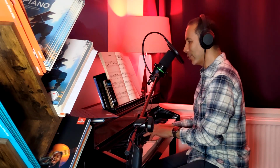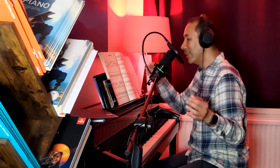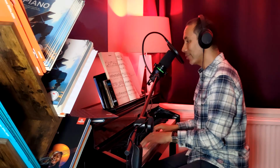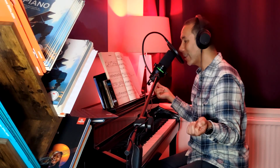But if I do it in groups of 3, 1, 2, 3, 1, 2, 3, 1, 2, 3, 1, 2, 3, 1, 2. So you can see that I am actually doing it hands together. So it isn't that one hand just has a constant stream of semiquavers or 16th notes, but every time I count 1, 2, 3, 1, 2, 3, 1, 2, 3, 1, 2, every single new note, there is a new semiquaver or 16th note in one hand or the other. That's a little bit more tricky than the normal way of doing shifting accents, but it's so worth it because